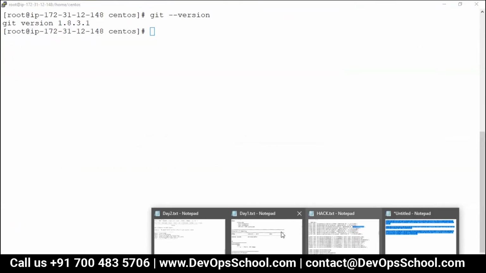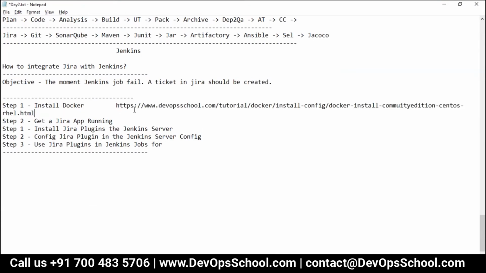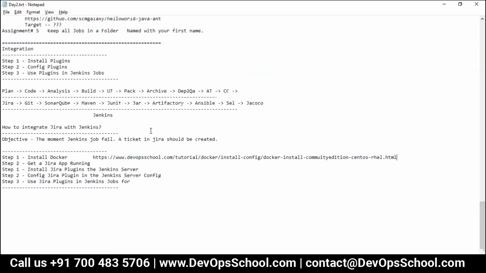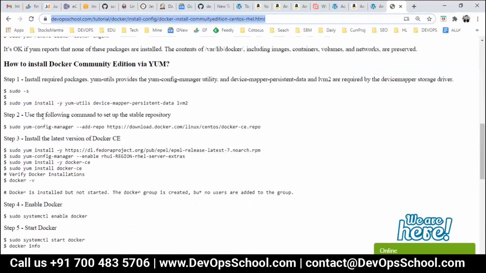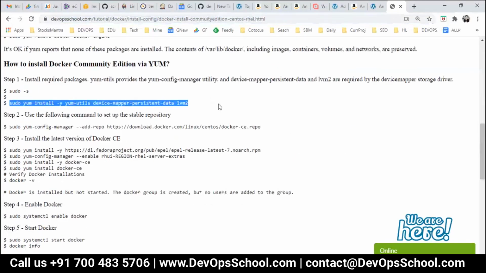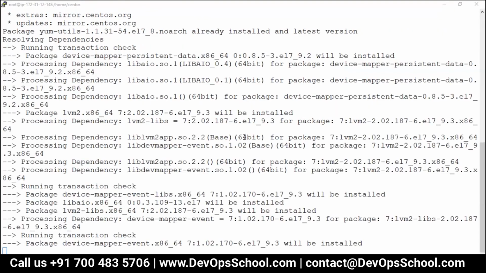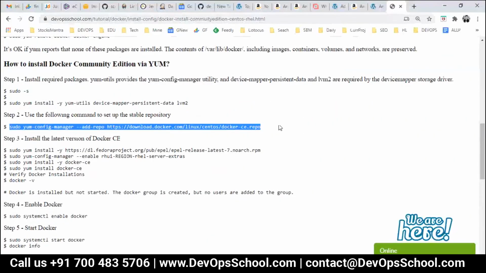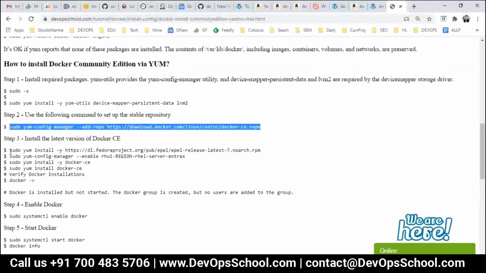I'm just doing it for you, and I'm just sharing the reference materials. So in future, if you want to do that, you will get it done. So here quickly, I'm going to install this Docker in the same machine, though it can be different machines also. That's not a problem. So in the same machine, I am going to install it.